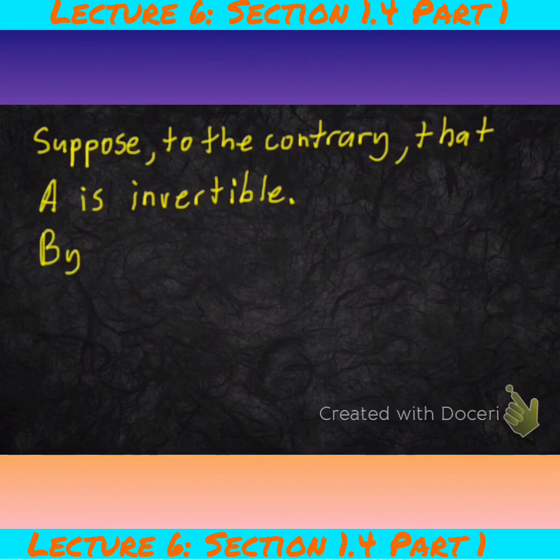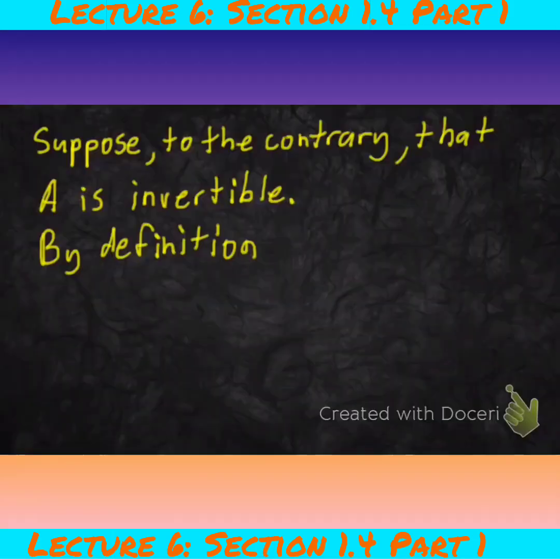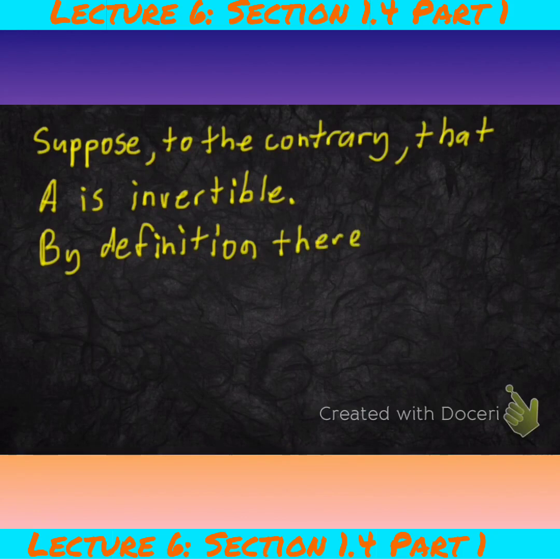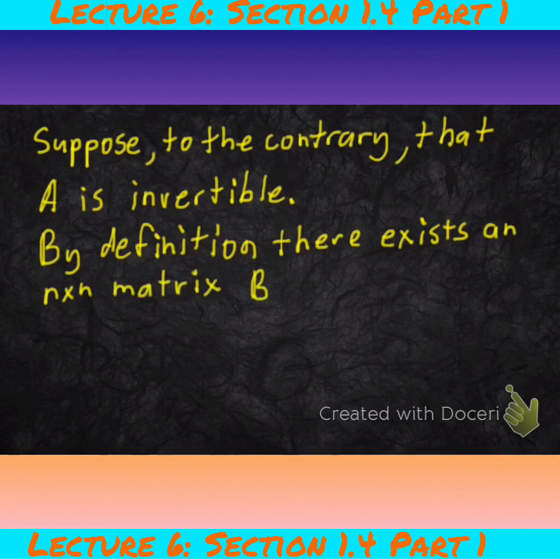So we know by definition, because A is assumed to be invertible, by definition there exists an n by n matrix B such that